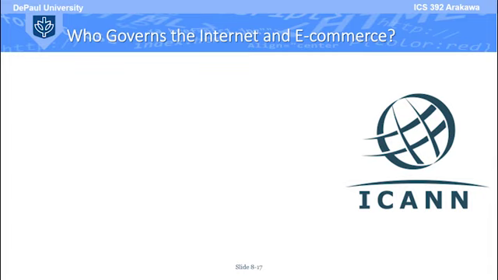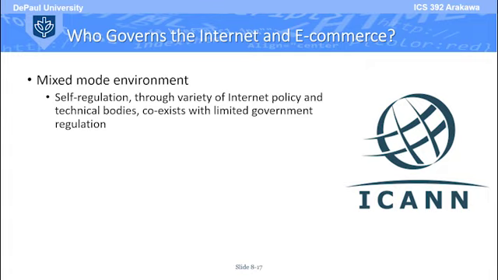Let's take a look at how the internet is governed and the different entities that attempt to regulate portions of the internet. So it's a mixed mode environment. That just means that there are different areas of the internet, and some are governed by governments and others are governed by other entities. One of those entities is ICANN. That stands for the Internet Corporation for Assigned Names and Numbers. They handle the domain name system, and that's what we're talking about with cyber squatting. Who gets to be